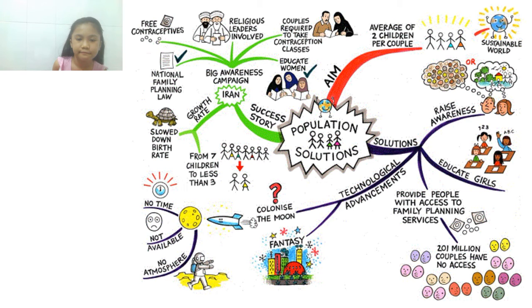Yes. Next, provide people with access to family planning services. You know what? In our world there are nearly 200 million couples that have no access. They have no access to what? They can't get pregnant. They can't have money to raise the children. They can't have enough money to pay for things for kids. There are a lot of things that they can't do to help with those population numbers. So a lot of countries are trying to provide people with family planning services. But